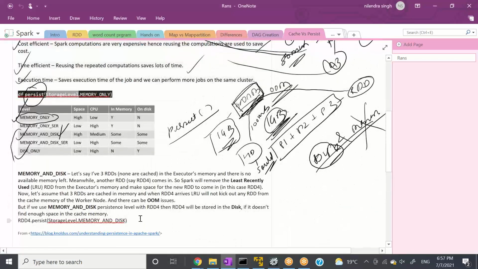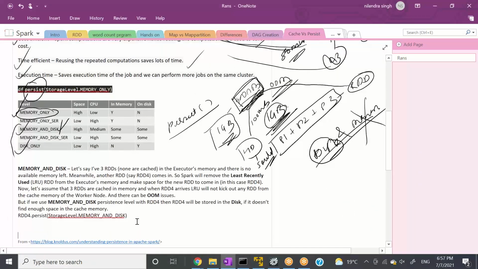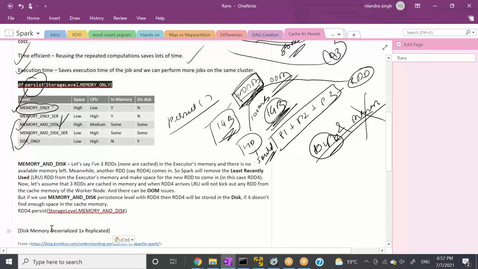So when we go here and I copy this line here, what this says, since I used memory and disk, is that your RDD is stored into disk and memory in a deserialized way, and the replication is 1. Okay, now let's go one by one. You guys know disk means disk, memory means RAM. Now coming to deserialized, this is most important.